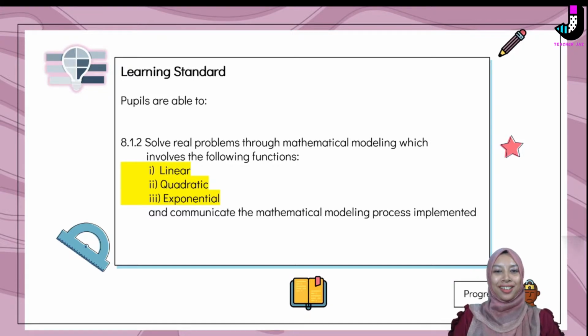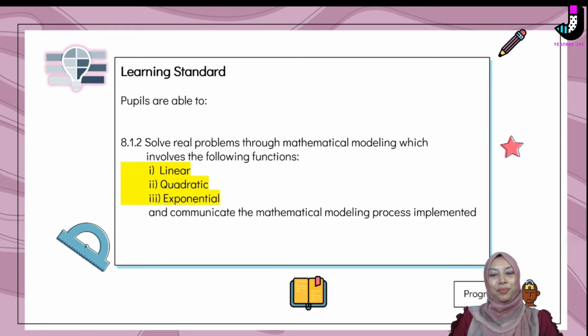Assalamualaikum and hi. From the previous video, we already discussed how to solve real problems through mathematical modeling, which involve the function of linear and quadratic. So this is the last part for the mathematical modeling. In this part, I'm going to discuss how to solve real problems through mathematical modeling, which involve the